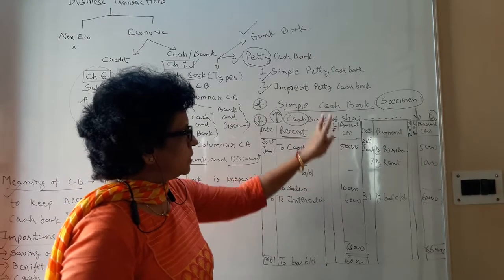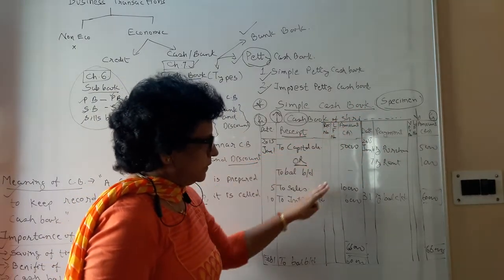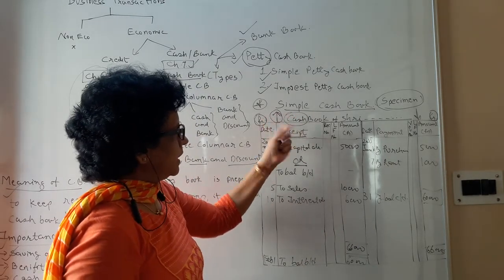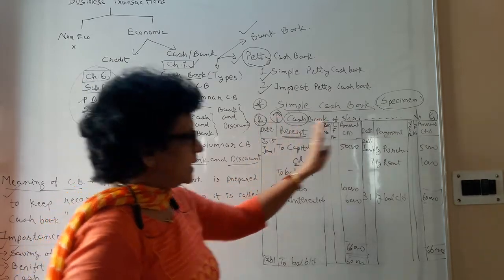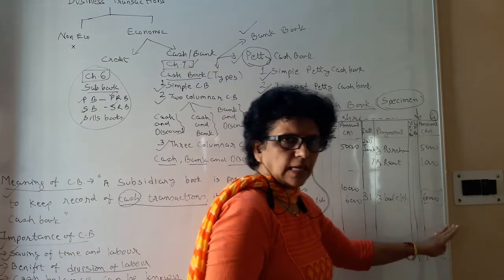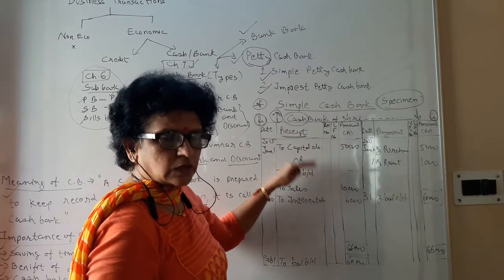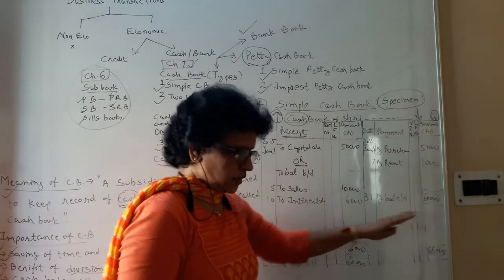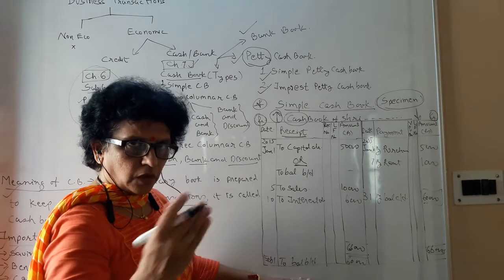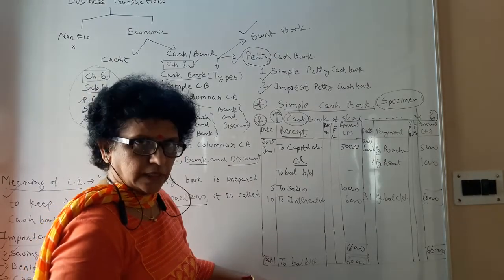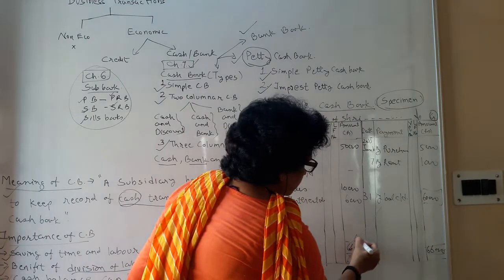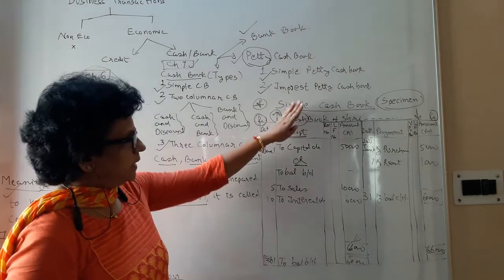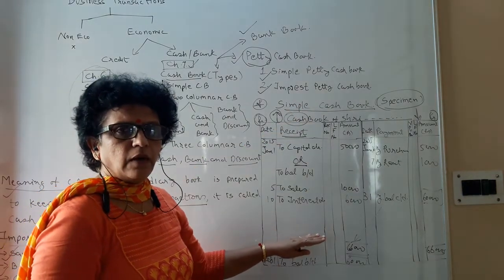I hope you understood the specimen and the illustrative example we have done, by which you can understand that debit is what comes in: cash coming in goes on the debit side, cash going out on the credit side. You have the opening balance first on the debit side, and the closing balance on the credit side. The corresponding balance is brought forward to the next month on the debit side. Whatever balance you have is recorded on the reverse side when you bring it down. In this manner, we have understood the simple cash book.